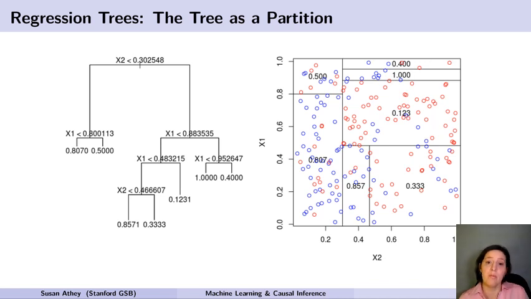So what we figured out is we split in the x2 dimension, and then we look on the left side and say, for the low values of x2, we want to split at a high value of x1, but actually for the high values of x2, we split at a lower value of x1, and we slice it differently depending on whether x2 is low or high. So that gives us flexibility but allows us to more efficiently describe the data.